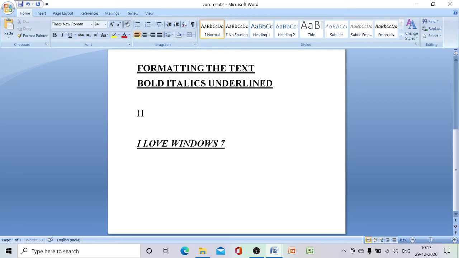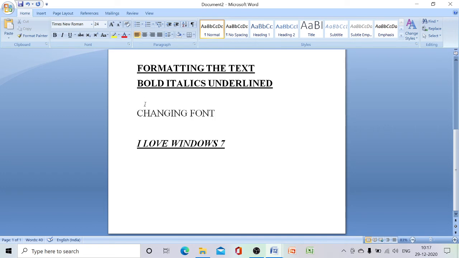Okay, now we are going to do changing font. Font is the look and shape of the letters of the text. Okay, so how to change the font of the text? Font is nothing but we are providing some different handwriting to this text.